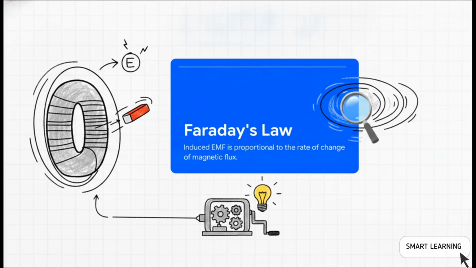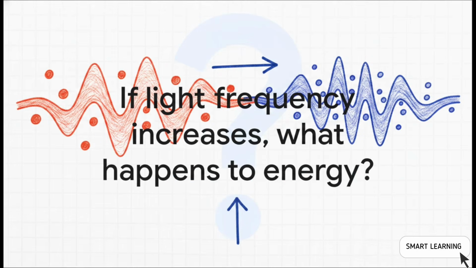To put it in simpler terms, if you change a magnetic field around a coil of wire really quickly, you induce a larger voltage. Actually, this is the exact principle that makes those generators we just talked about actually work. It's all connected. And we've arrived at our final question, which ties this entire journey right into the behavior of light and photons. If the frequency of light increases, its photon energy, A, decreases, B, remains constant, C, increases, or